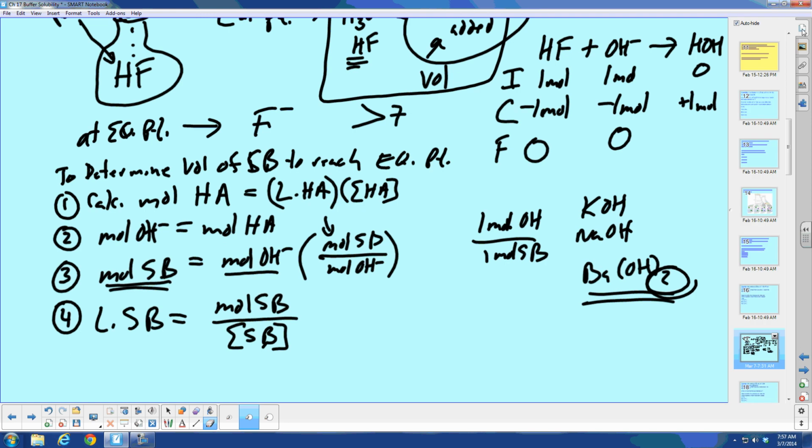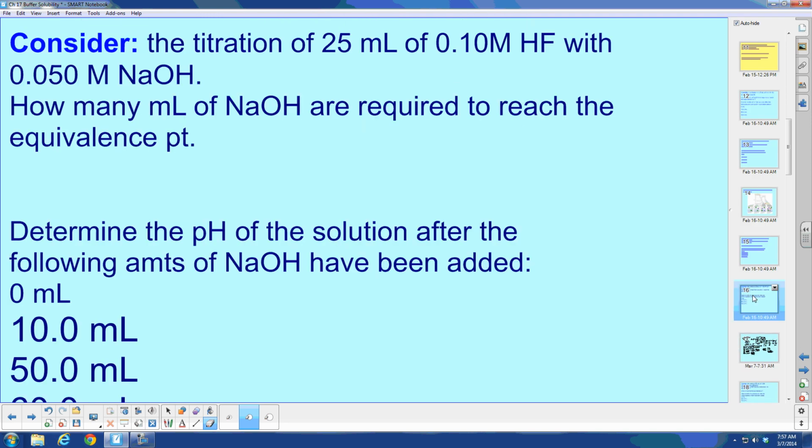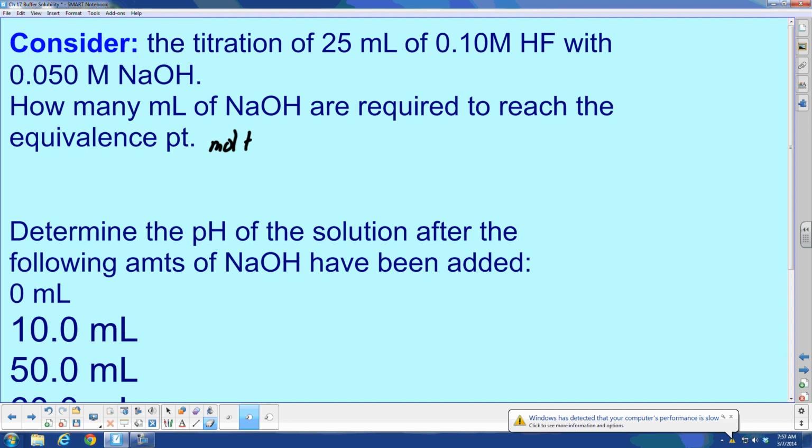And let's look at this problem. We're going to titrate 25 milliliters of 0.1 molar HF with 0.05 molar sodium hydroxide. What's the volume of hydroxide necessary, sodium hydroxide, to reach the equivalence point? Okay, what's our process? Number 1, let's get moles of my weak acid,